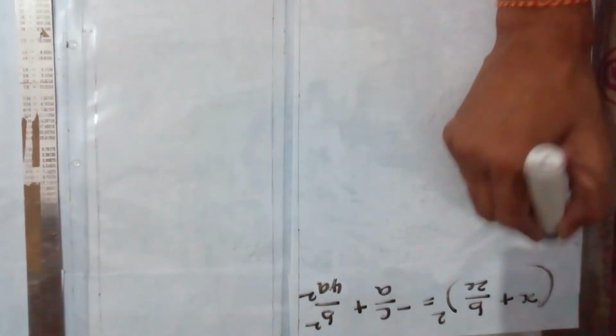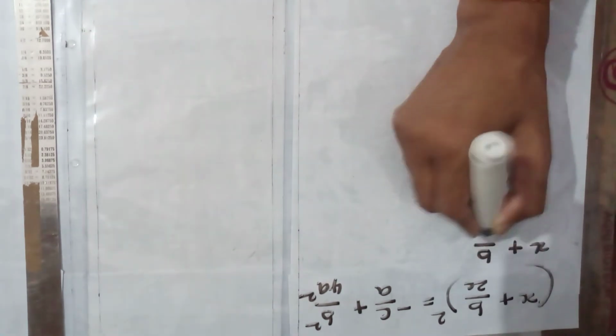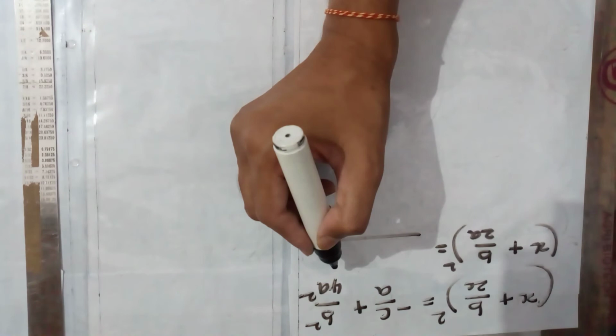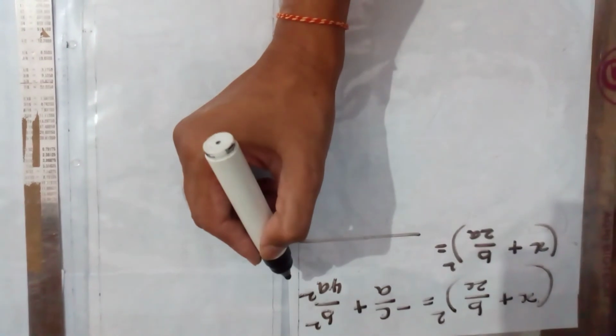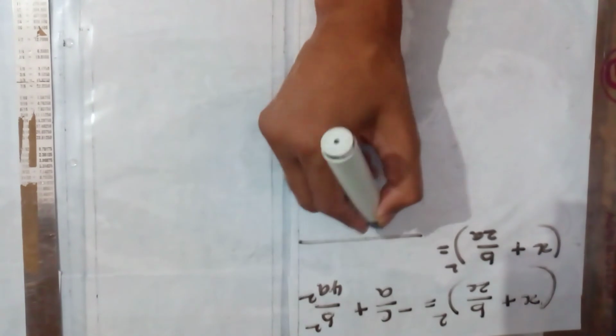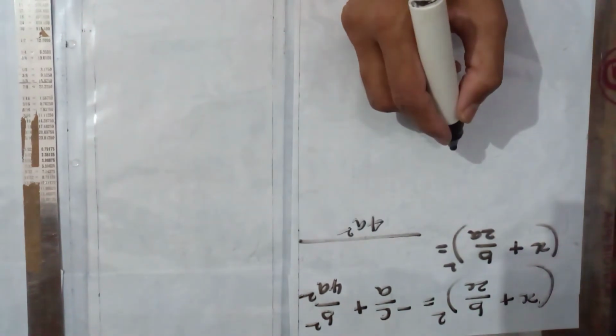Now we need to take the LCM for the RHS side. LHS will remain the same. That is x plus b by 2a whole square is equal to, on taking the LCM, then how to take the LCM? Generally for numbers we can take the LCM, but here you have variables. So 4a square and another term is a. Since a is a factor of 4a square, the multiple will be the LCM. Therefore, 4a square is bigger than a, therefore 4a square is the LCM.